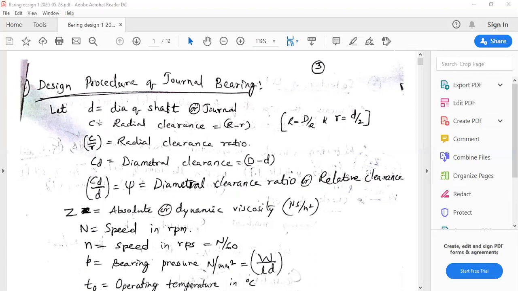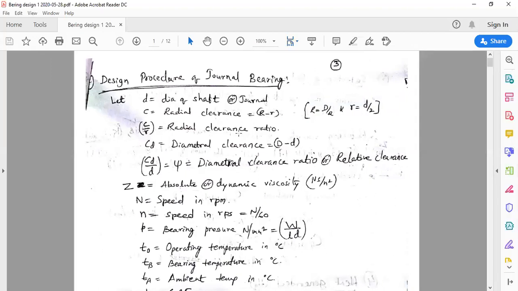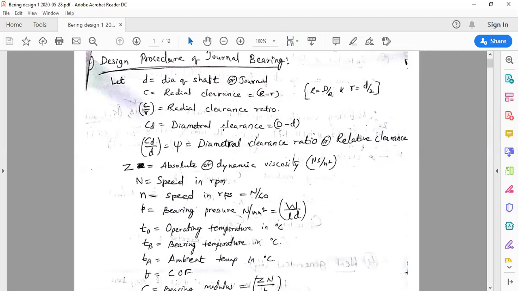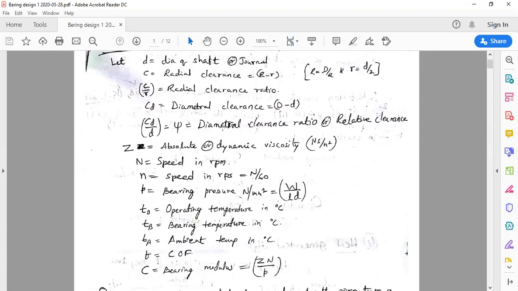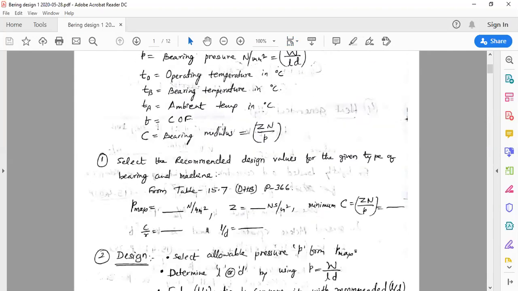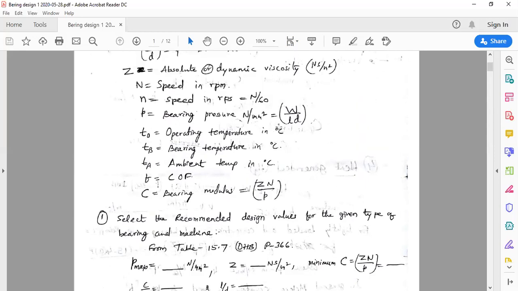Let us review the design procedure. According to the general design procedure for the application-oriented problems that we have discussed or solved in the previous sessions, now just overview or glance once at the procedure. In the previous case, I have taken the entire procedure using the Mahadevan Data Handbook, where in the third step especially, we have used the Mahadevan Data Handbook for the complete third step. But here, a little bit part of the Lingaya Data Handbook is to be considered for the third step.